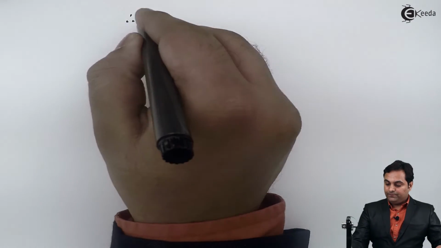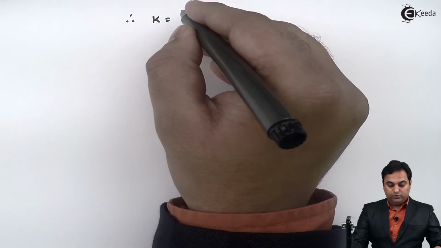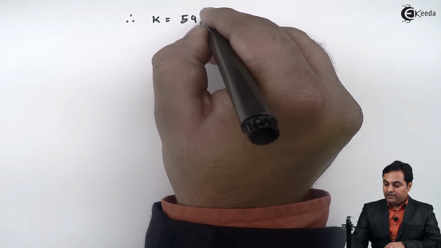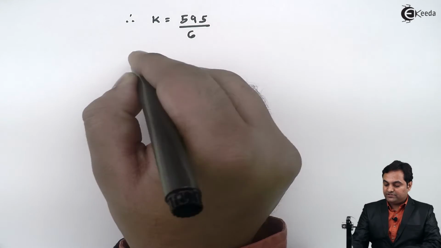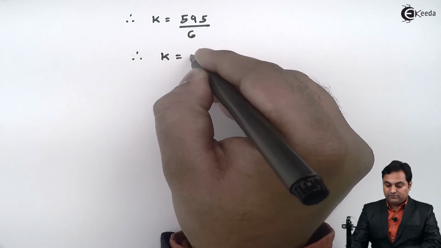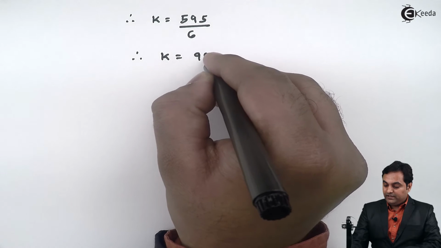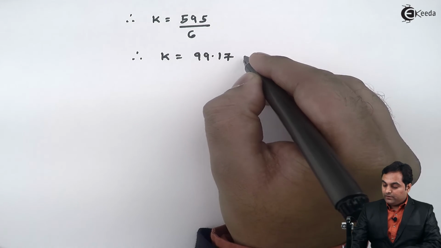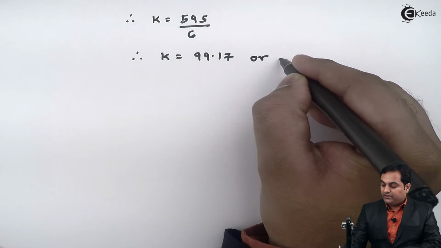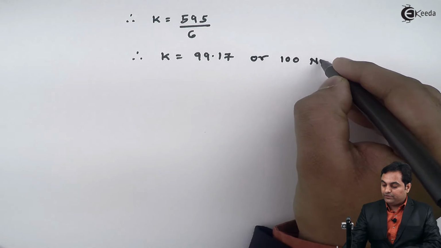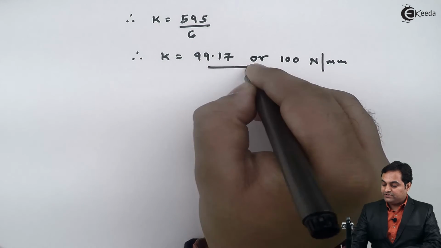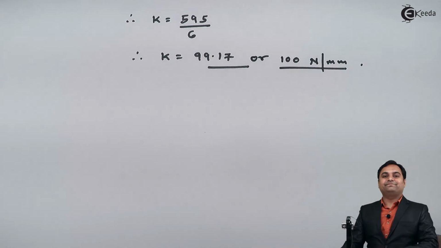So therefore K will be equal to, load is 595 and deflection is given in the problem as 6. So here stiffness comes out to be 99.17, or I can say this value is very close to 100, so it is 100 Newton per mm. This much is the stiffness of the spring. Now